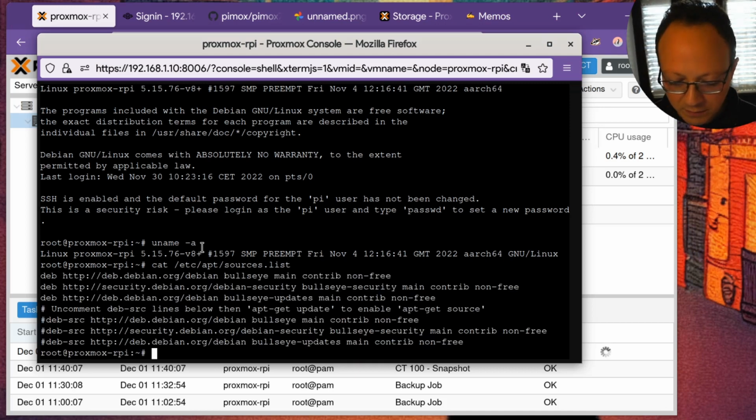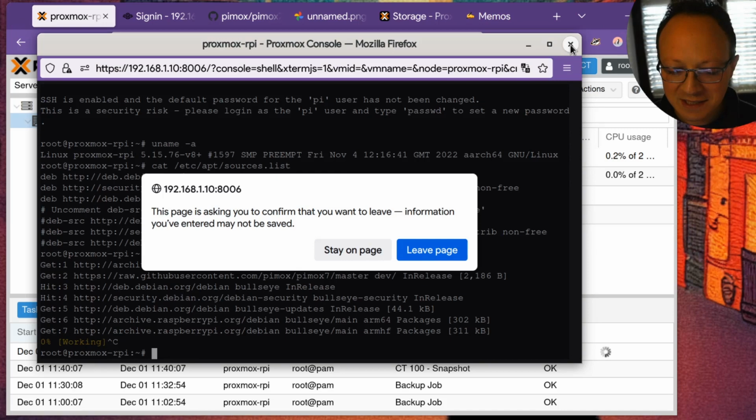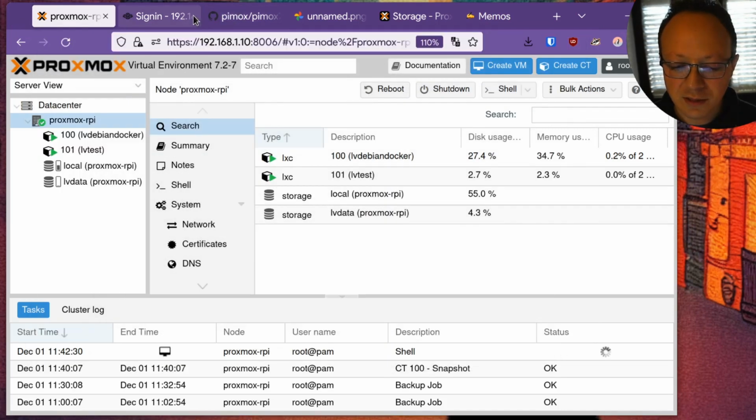So here, as you can see, the real operating system behind the scene is Debian Bullseye, and you can also do apt update command, but usually you shouldn't change this kind of operating system.